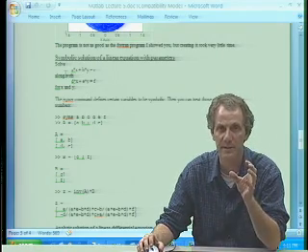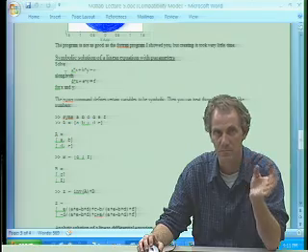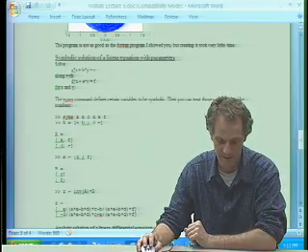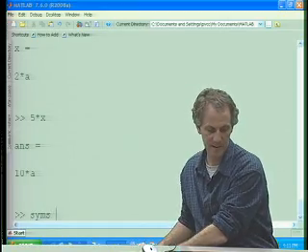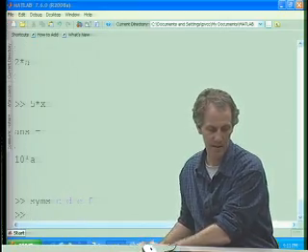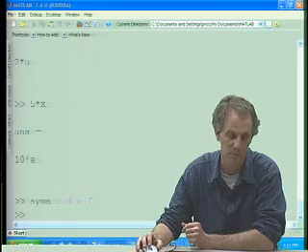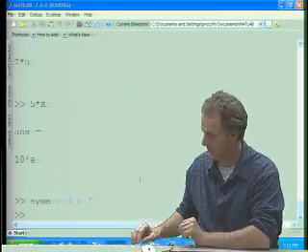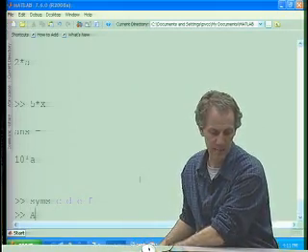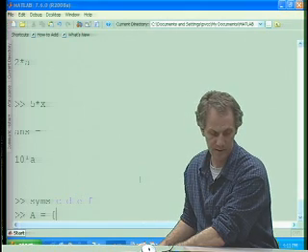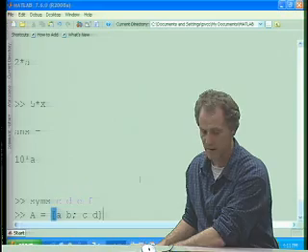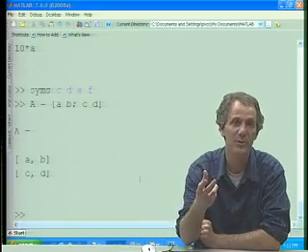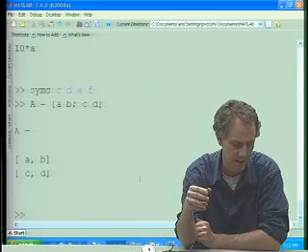On the website, I defined C through F to also be symbolic. Let me do that. SYMS A B C D E F. All right, so A through F are now symbolic variables. And I'm going to make a matrix, capital A, which is A, B, semicolon, C, D. I put them all into a 2 by 2 matrix, A, B, C, D,